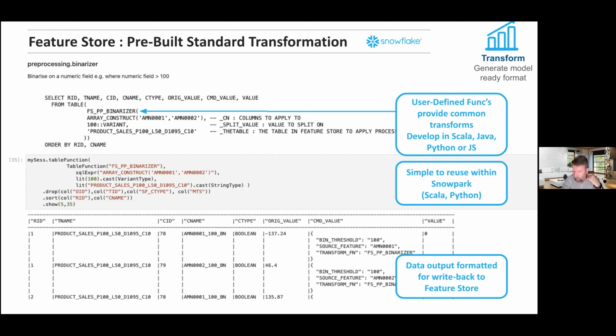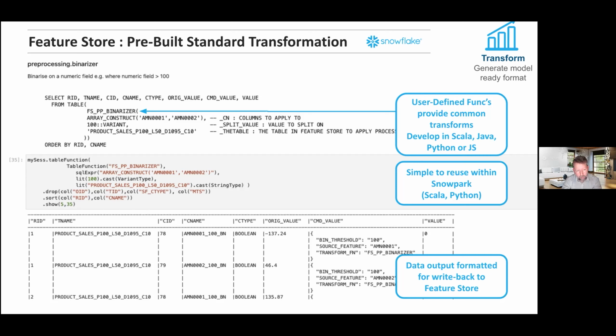The output of that is what you see at the bottom in the table here. So we get the transformed value, the original value, and some metadata in terms of how it generated it, so we can reapply this function if we need to in the future. And then as before, you see the Snowpark DataFrame API syntax for that same SQL below the SQL.